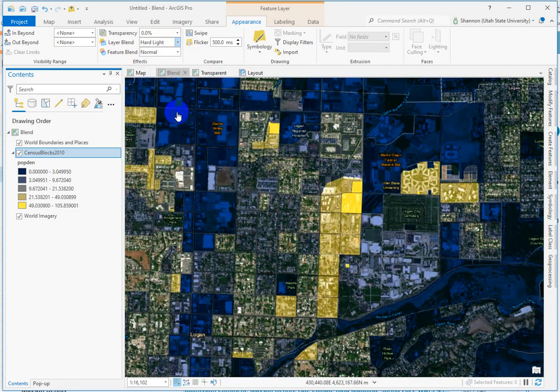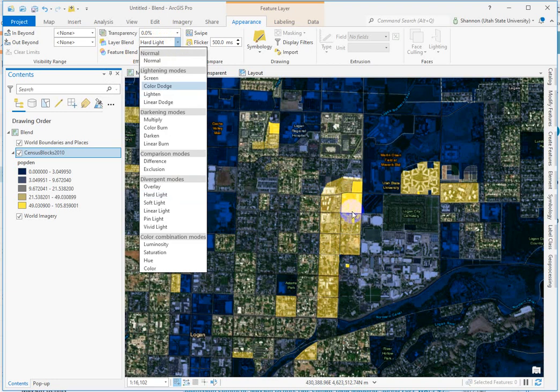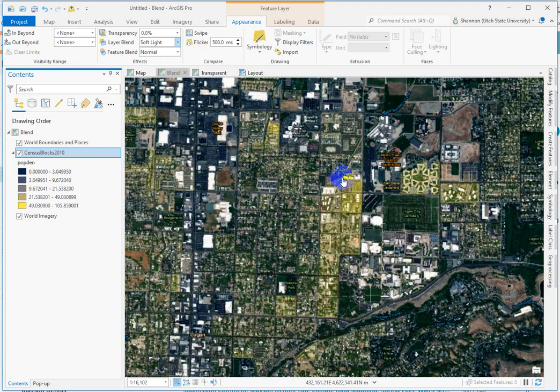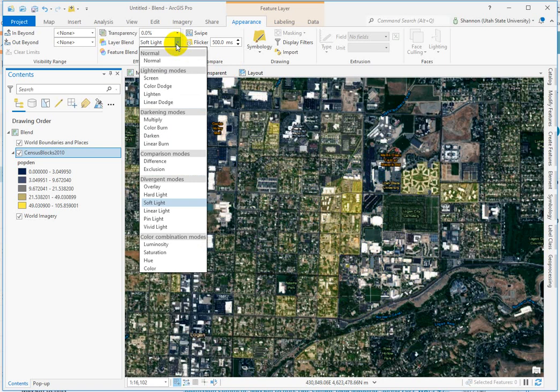I'll show you hard light, which also works pretty well. You can see the detail, particularly in the mid-range, look the best, but it definitely draws our eye to those lightest cells. Soft light is the same thing, but just a little bit more general. You maybe lose the punch a little bit, something in between,